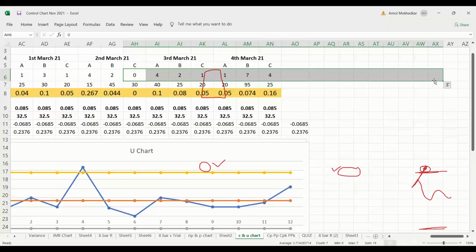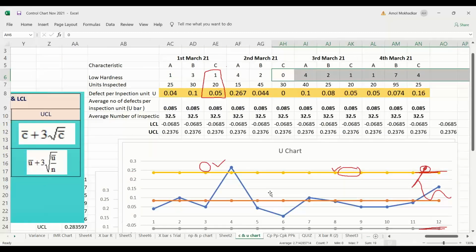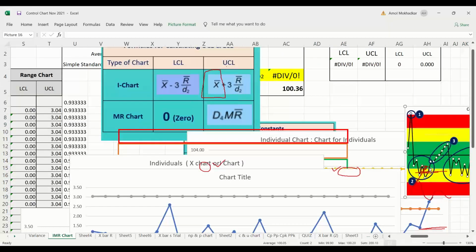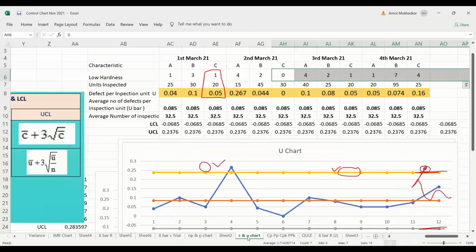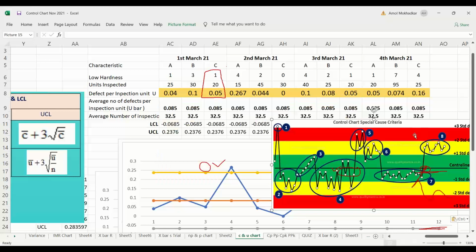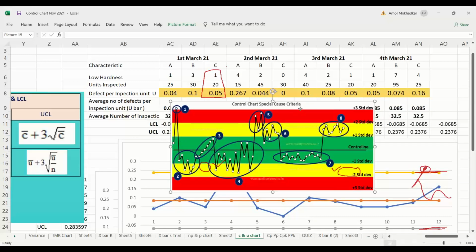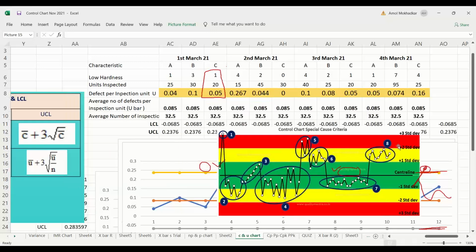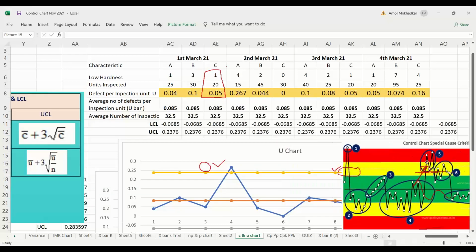If there is any special cause present, not only this, special cause can be present even when the data is within the limits. You need to cross verify it with the pattern, whether there is any kind of pattern like this visible or not visible. You need to again take the action, remove this data, then you can move forward. I hope it is clear to you.